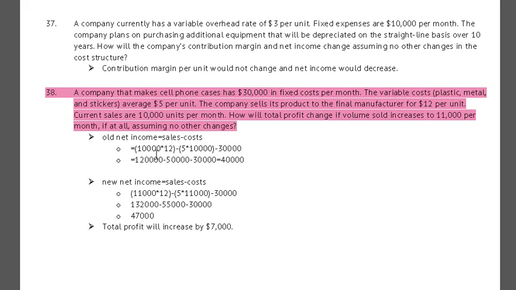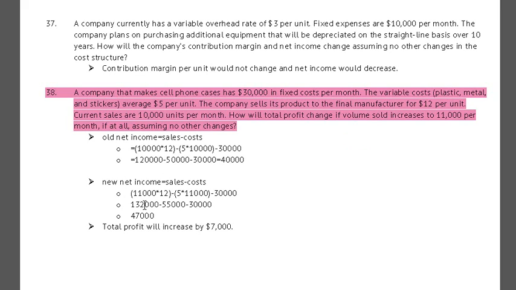So we have sales of 120,000 minus variable costs of 50,000 minus fixed costs of 30,000 gives us a net income of 40,000. This is our old net income. Now we calculate our new net income. They are wanting to increase to 11,000 units. So 11,000 units times what we sell them for at $12 per unit gives us